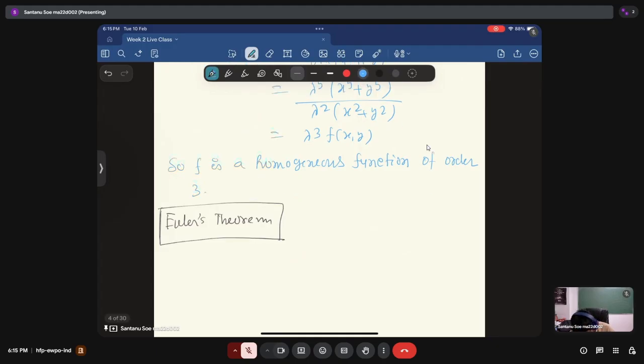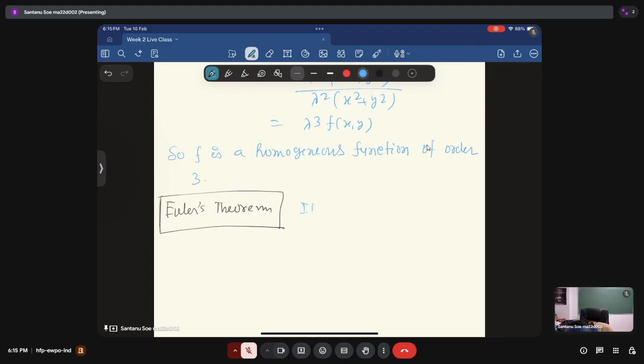So it says that if f(x,y) is a homogeneous function of degree n in x and y and has continuous